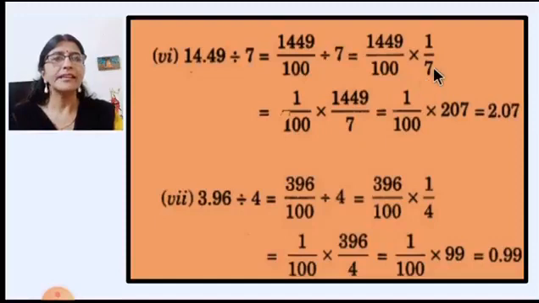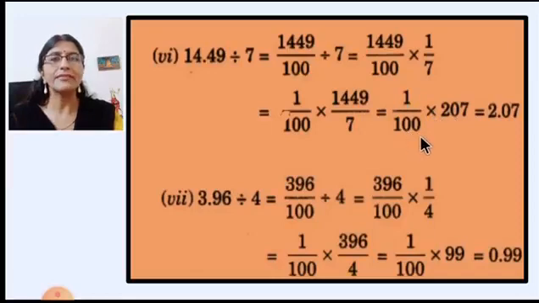Now you can see here. The next step you can do like this. We will rearrange 1 and 100, we will write like this. And then these two we will take together, 1449 upon 7. Why are we doing it like this? So that we can easily convert it into decimal form. Now here you can easily reduce it. Here you can see we got 207. And this is written as it is, 1 upon 100 into 207. Now you can write one more step: 207 into 1 is 207 upon 100.